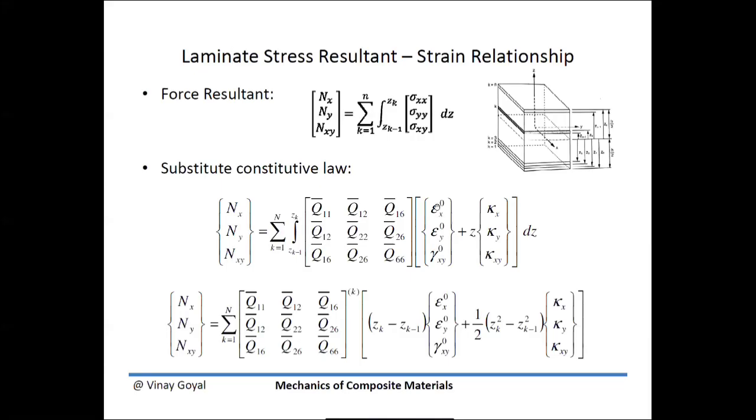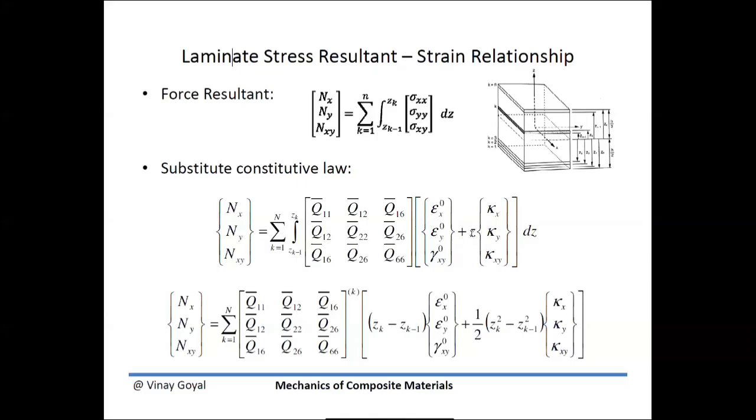So note that these quantities do not depend on z at all. These curvature quantities don't depend on z at all. So I can integrate. None of these quantities in this integral depend on z, so they can come out of the integral. That integral only applies to these two terms, and so the integral of this becomes zk minus zk minus 1, and